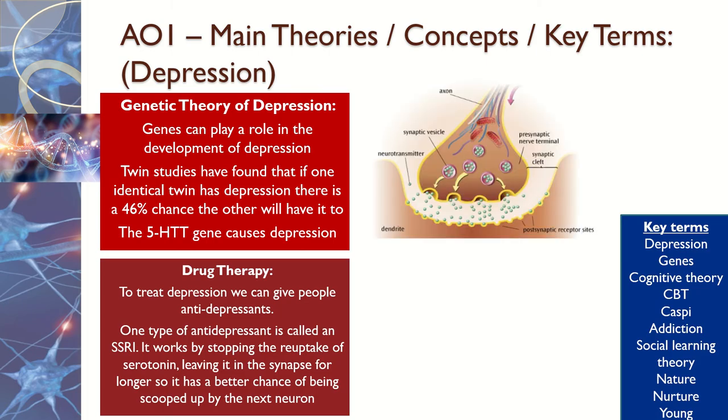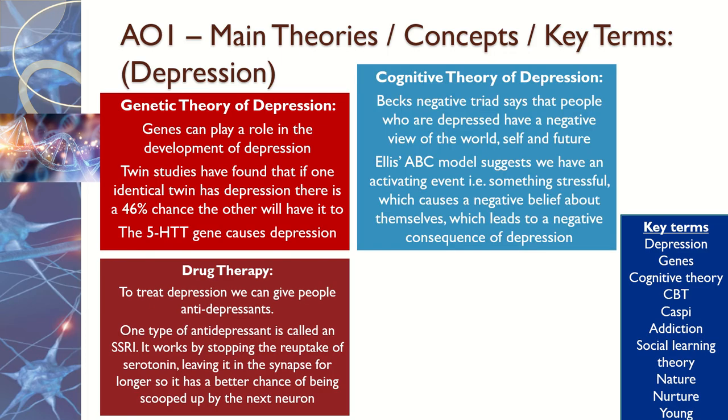Other than the genetic explanation, we have also got the cognitive theory of depression, and this suggests two different theories. We've got Beck's negative triad, which says that people have a negative view of the world, the self, and the future. And we have Ellis's ABC model, which says we have an activating event, which is something stressful in our lives, like our favourite pet dying,